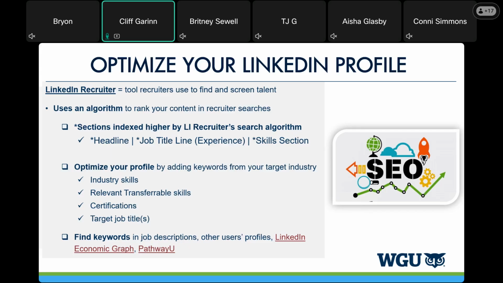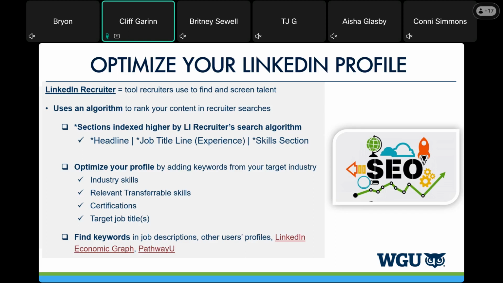Those algorithms have a specific way of ranking what's most important. So the way that you can pop up on the radar sooner rather than later is to look at the sections that are indexed higher by that recruiter's tool and that search algorithm. Those are your headline, which is what goes below your picture, your job title line.